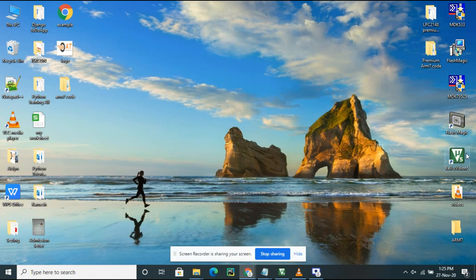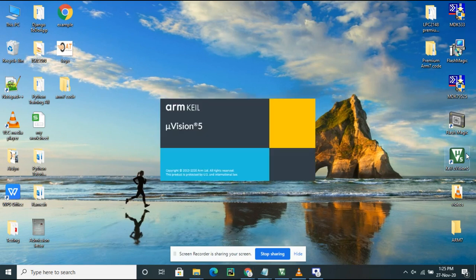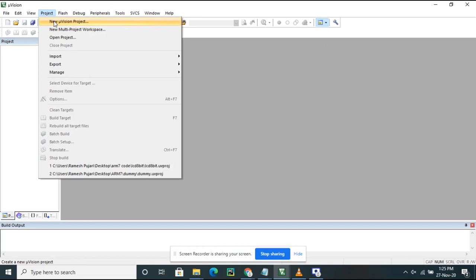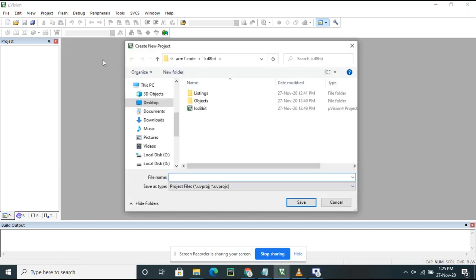After that, you have to open Keil MicroVision 5. Then you need to create a new MicroVision project. For that, click Project, then click New MicroVision Project. Once you click, it will come like this.